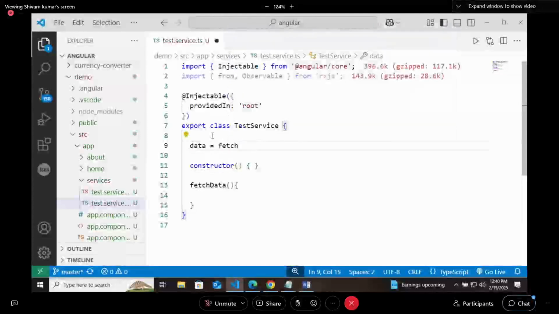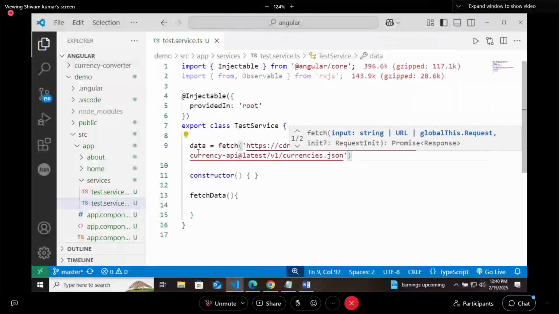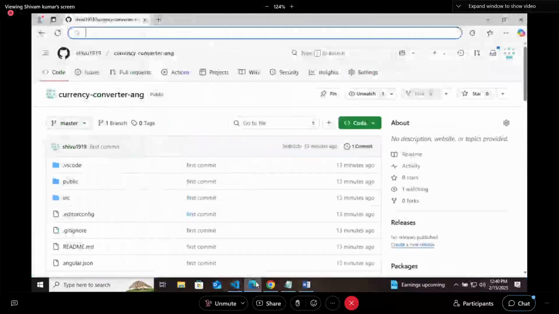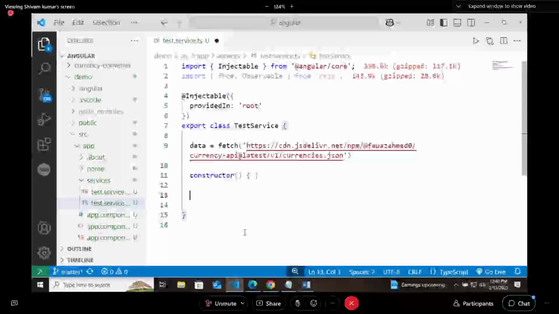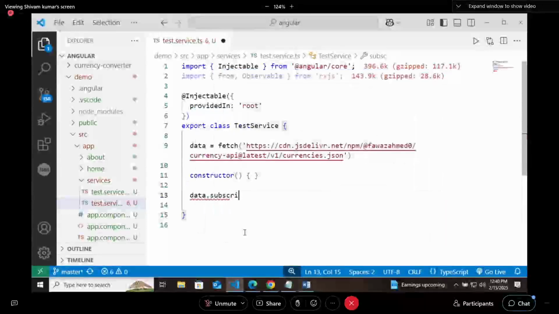In fetch, this is the link. Okay. So data equals to fetch. Now in this fetch data function, you can directly subscribe to it. So I will try to say data dot subscribe.